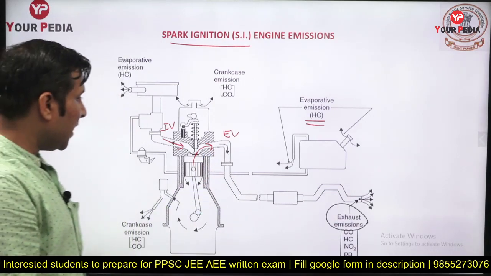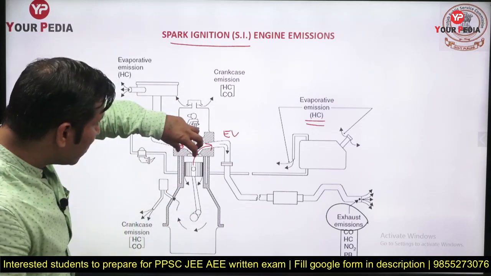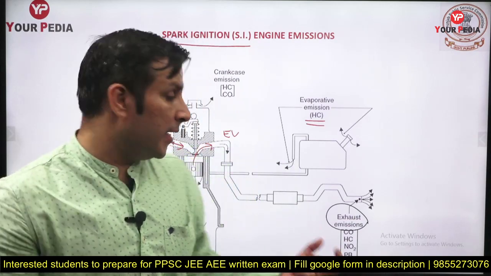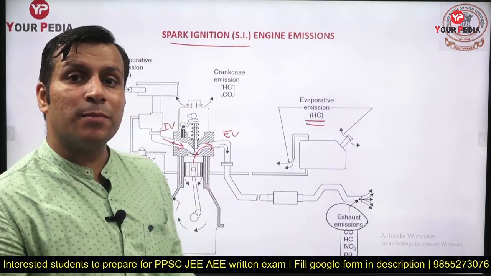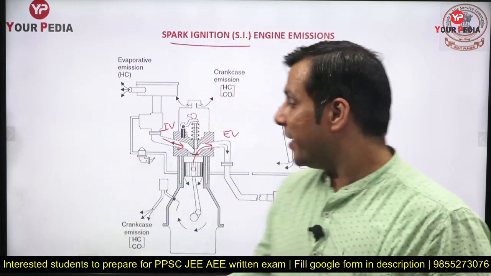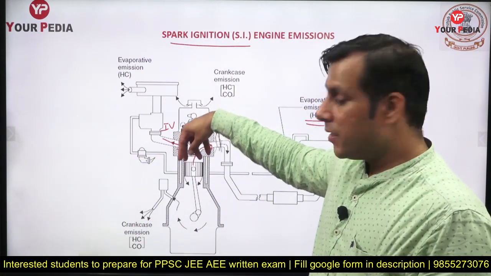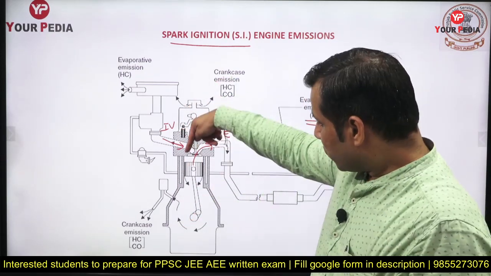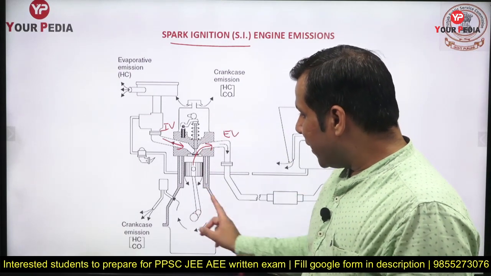So guys, sometimes in IC engine we use a very high compression ratio. In petrol engine we use a compression ratio in the range of 8 to 10. In diesel engine we use a compression ratio in the range of 16 to 20. Due to that, very high pressure and temperature is there. Although we keep some kind of seal between the cylinder and piston by providing piston rings, as time passes, due to wear and tear and very high pressure in the combustion cylinder, some hydrocarbon leaks out into the crankcase.